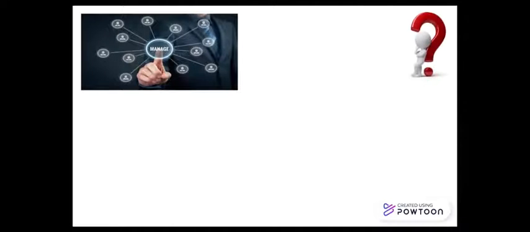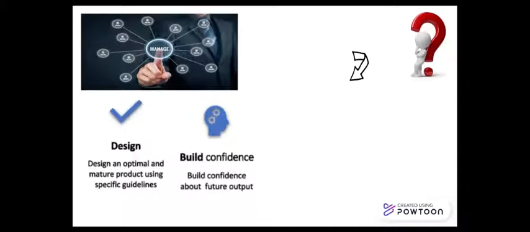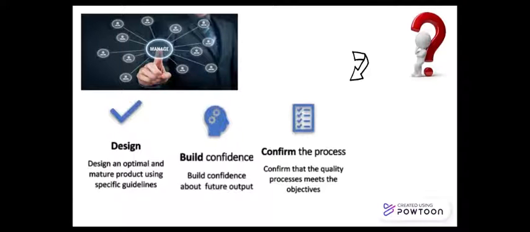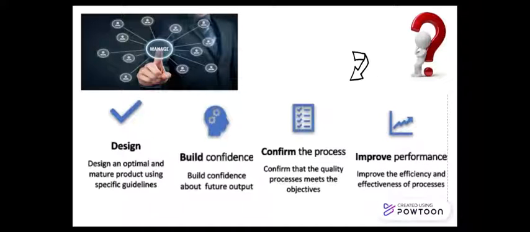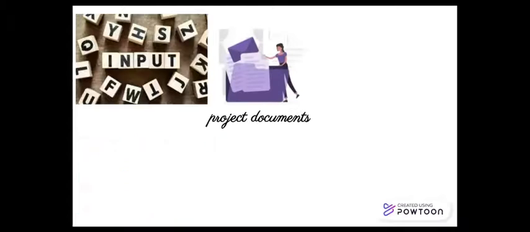Manage quality. Why do we need to manage quality? To design an optimal mature product using specific guidelines, to build confidence about the future output, to confirm that the quality process meets the project objectives, and also to improve performance by increasing efficiency and effectiveness of the process. Inputs of manage quality include the management plan, which defines the acceptable quality and how to ensure that it's met,